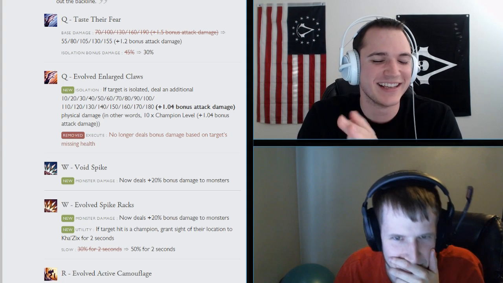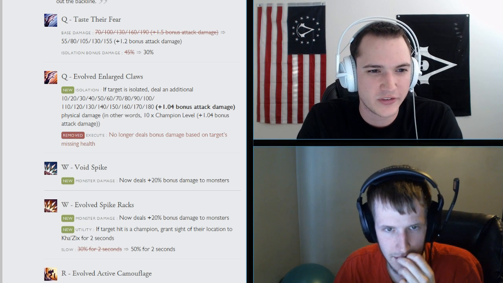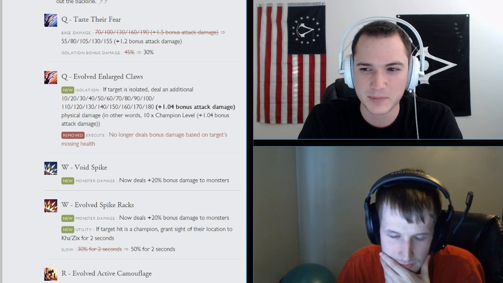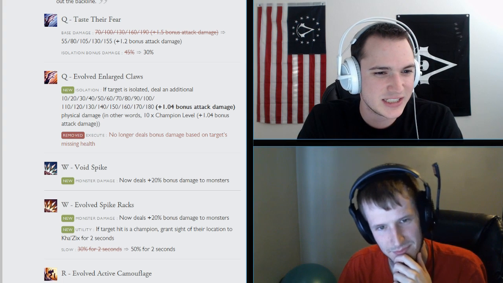Base damage on it is being reduced all over the board. Base damage at level 1 and all of its scaling, and its scaling attack damage. Everything's being nerfed here. And the isolation bonus is coming down 15% as well. So don't get Q. And then on his Q evolved,